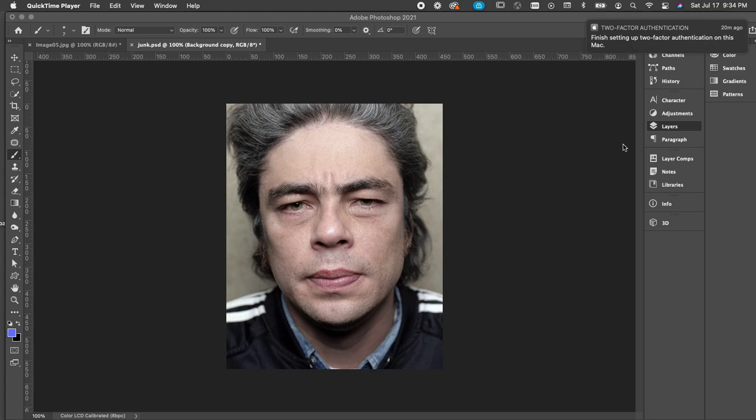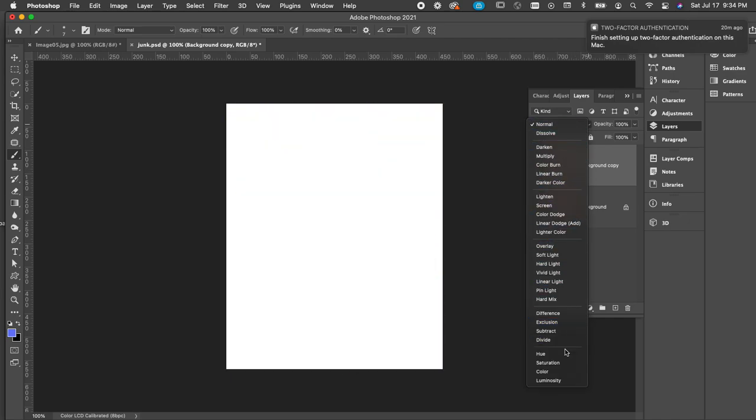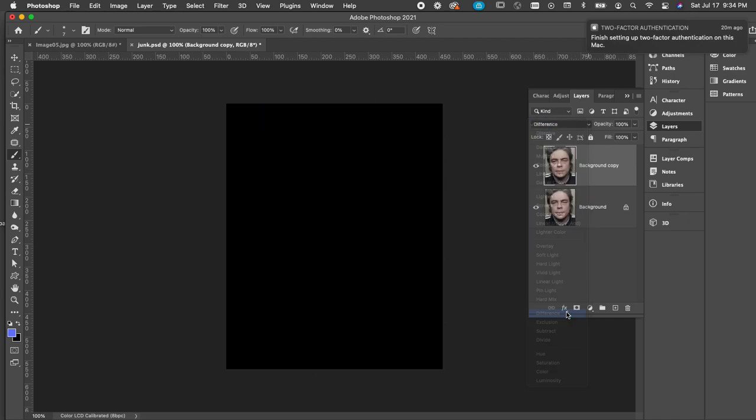Demonstration, we're going to talk about one of the blend modes that's quite often overlooked, the difference mode. And this blend mode, if I make a copy here and I put this on difference, you can see that it will change to black. And what this means is that this top image is exactly pixel to pixel, exactly the same as this image